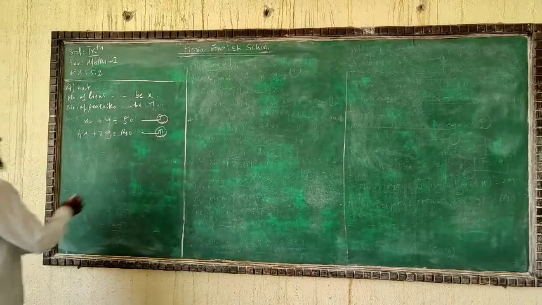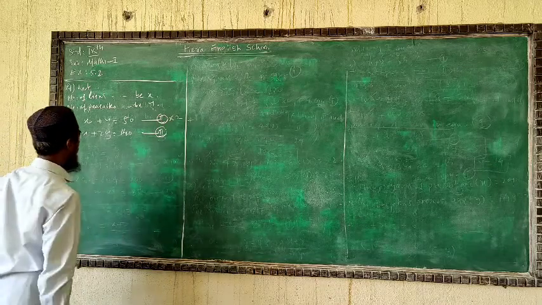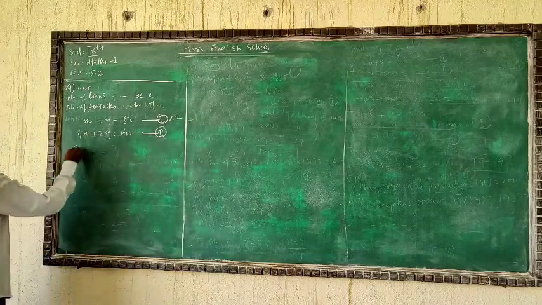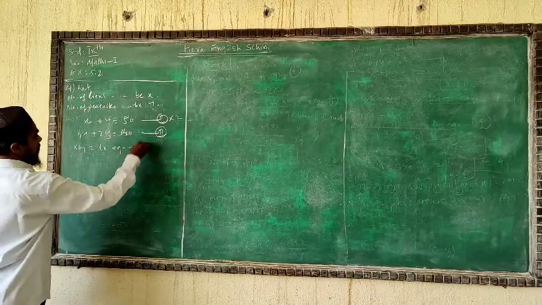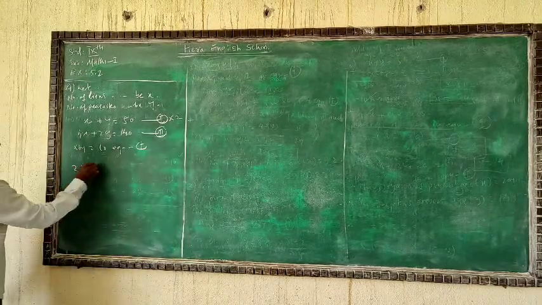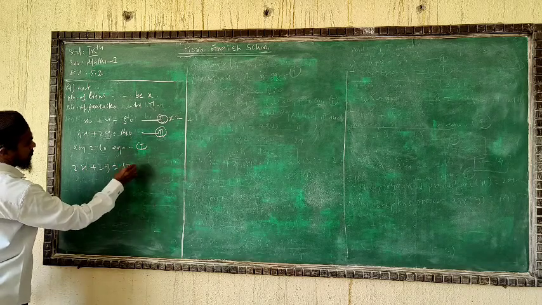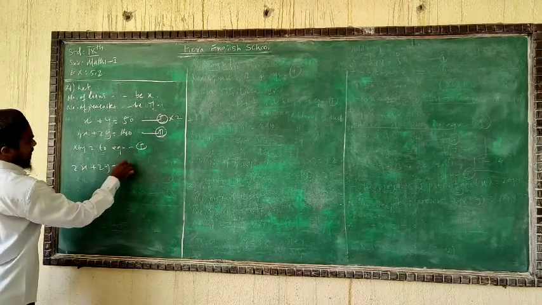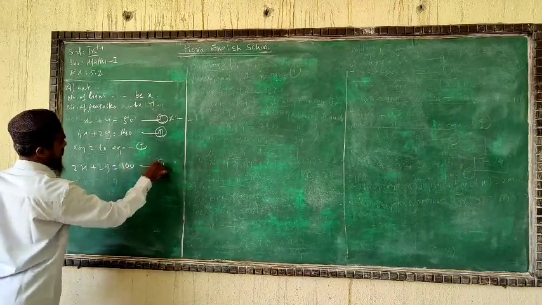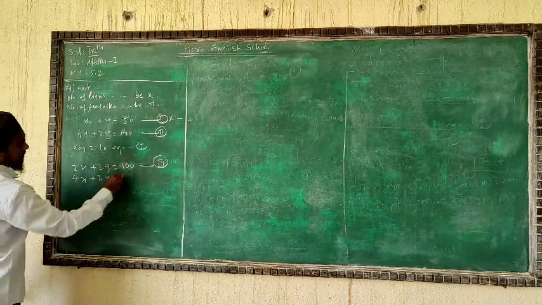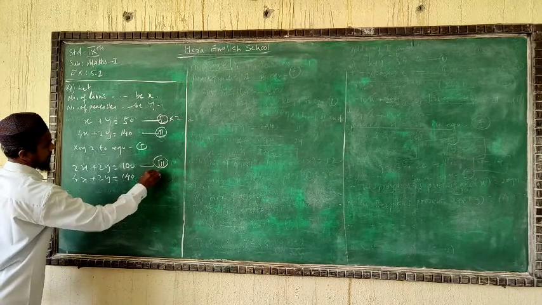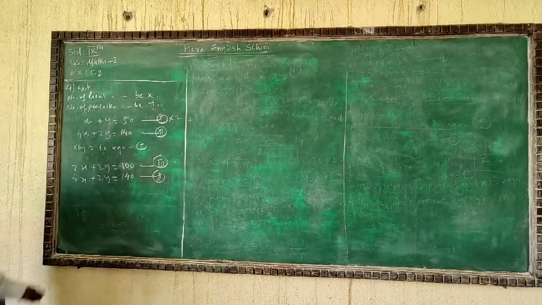Now we'll arrange these two equations by multiplying equation number 1. We'll write here multiplied by 2 to equation 1, you will get 2x plus 2y equal to 100, and down, 4x plus 2y is equal to 140. Now we'll subtract the second from